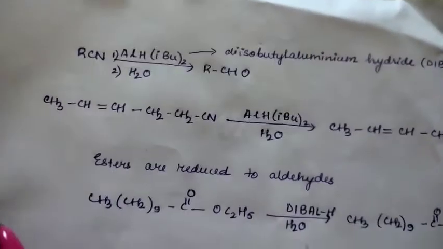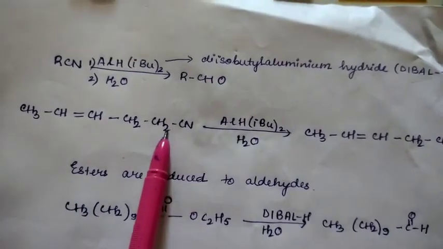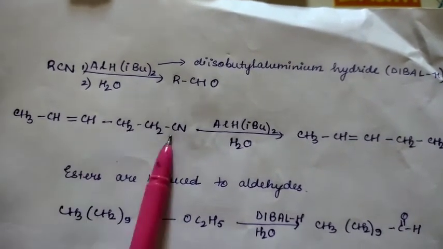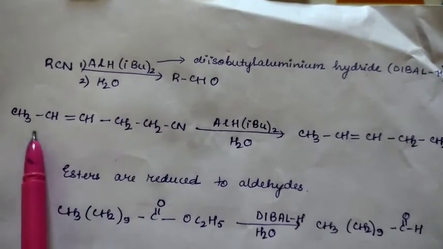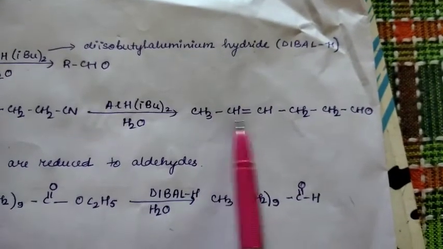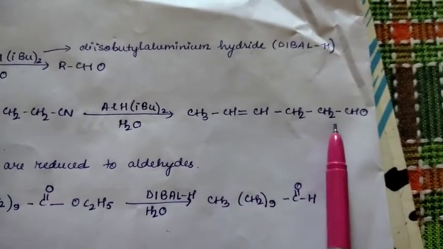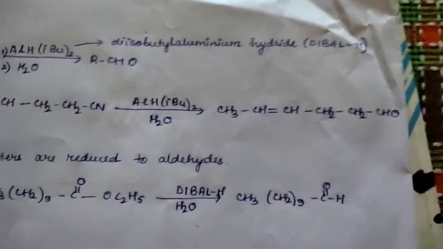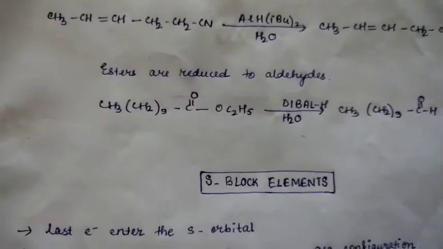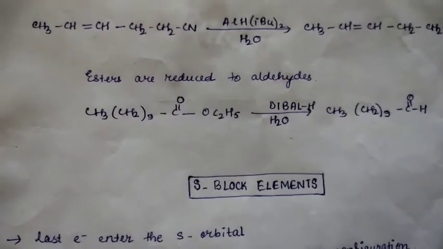The alkyl group remains the same. Similarly, if we take another example, we don't have to look at what is present in the alkyl chain. Even though a double bond is there, we don't have to look for it, because it remains the same. What is changed? N is changed to HO. Whatever we have in the reactant is similar, the alkyl group is similar, only the CN is changed to CHO. Keep this in mind and the reaction becomes easier. Always search for the active site where the reaction is taking place, rather than taking the whole reactant as a bigger molecule and then panicking.